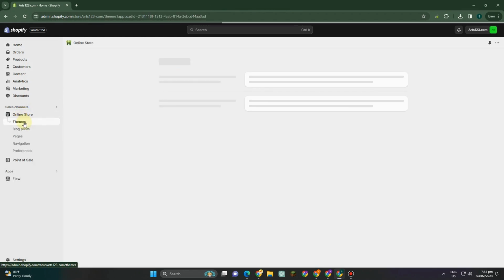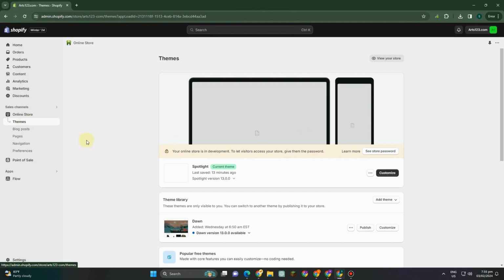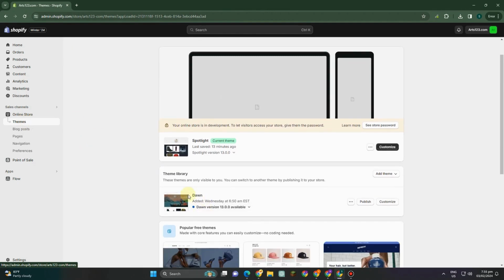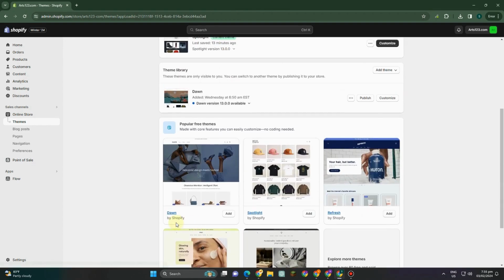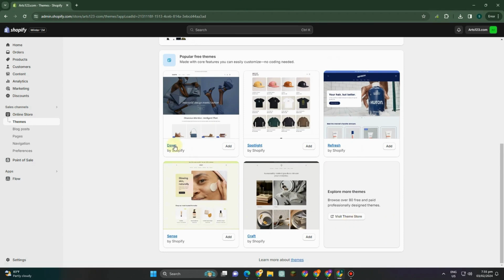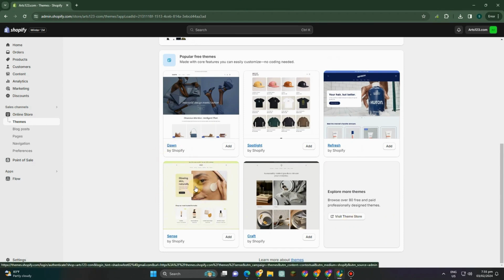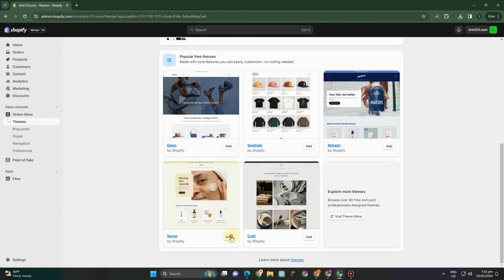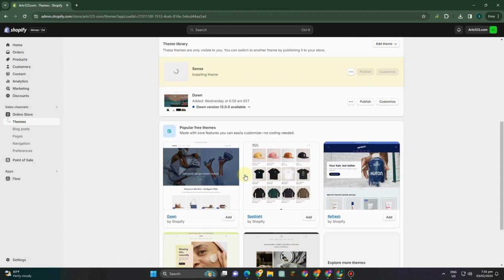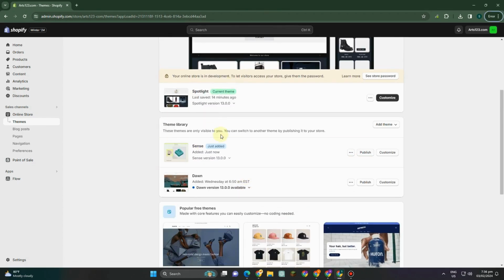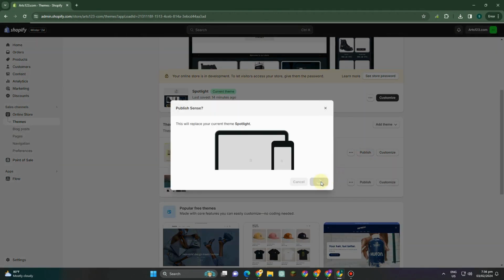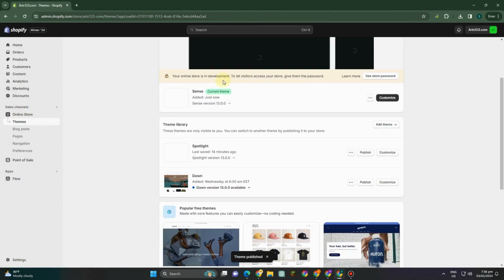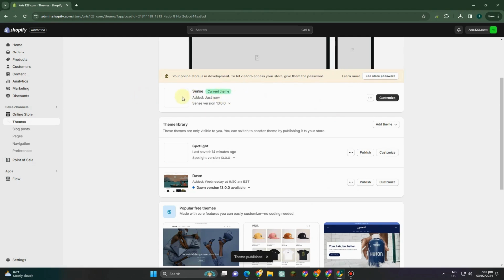Under online store, you will see here themes, and usually the current or the basic theme here is Dawn. So in order for you to change this into the Sense theme, you have to scroll down and then look for Sense here by Shopify. To add, all you have to do is click this add button and then you will see it up here. You have to wait for a couple of seconds till you see this one and then click publish, tap publish again. Wait for a couple of seconds again till you see this one right here and it's ready